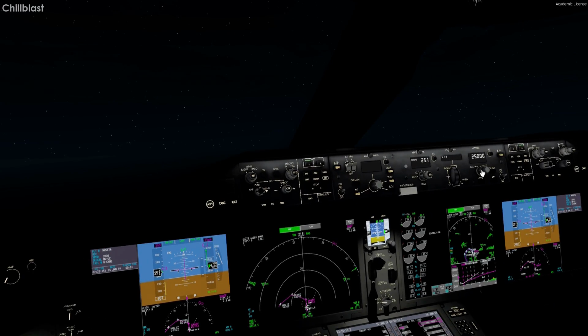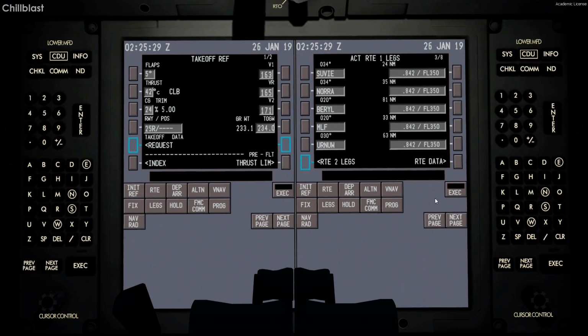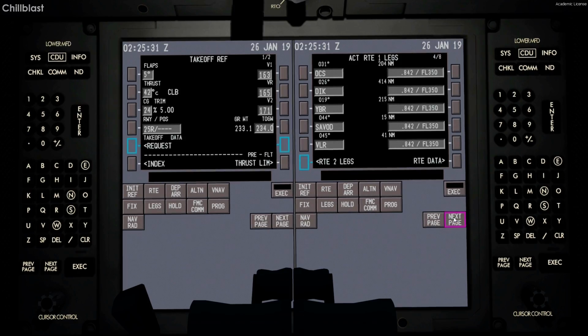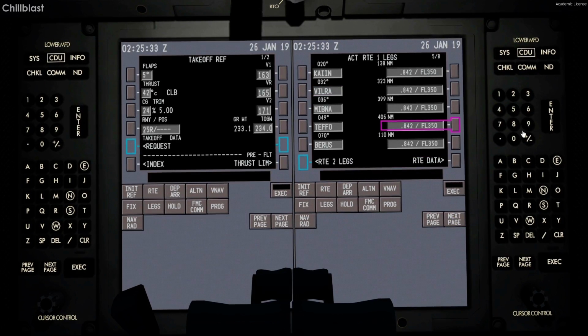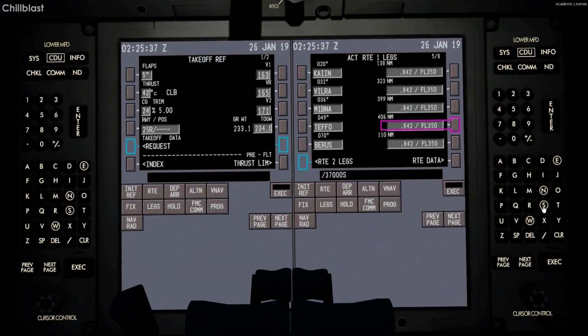I'll clear the aircraft all the way up to cruise. I did say we were going to do our step climbs, didn't we? I never actually got to that. I was just chatting too much, trying to waste time for the baggage. Then I realised, oh wait, no, we should have done that. 370 at Vilra. See a waypoint called Vilra. There it is. 370